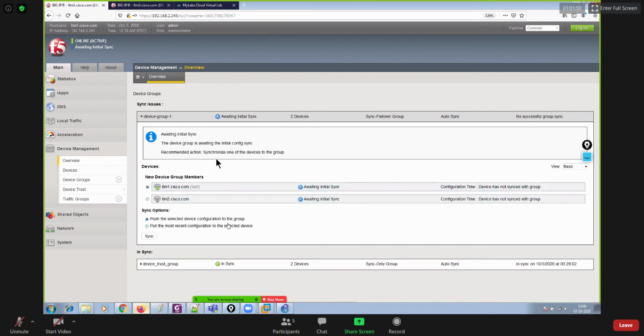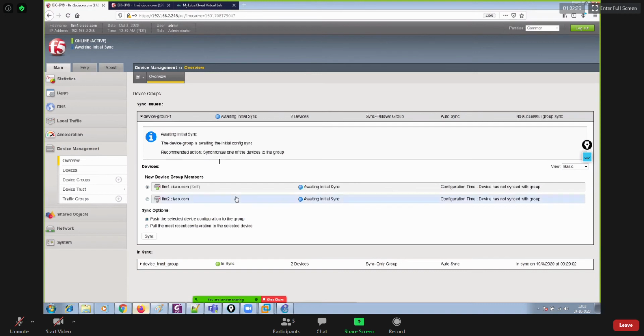And one more thing I would like to add here: in active standby, it is not that you have to have only two devices, one active and the other standby. You can have more and more devices. Like you can have 3, 4, I believe it supports up to maybe 8 devices in a single device group. I'll have to double check on that. But yes, you can add multiple devices into a single device group. Not only two, in fact, more than two. And sometimes you will get an advantage of this feature. This is something unique within F5.